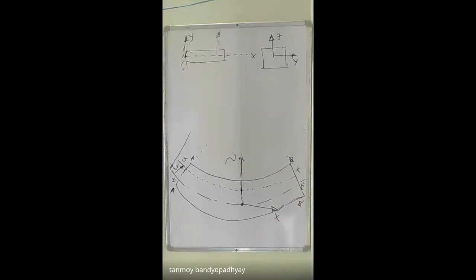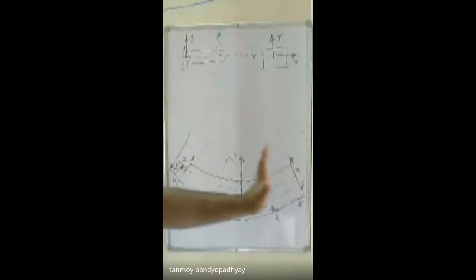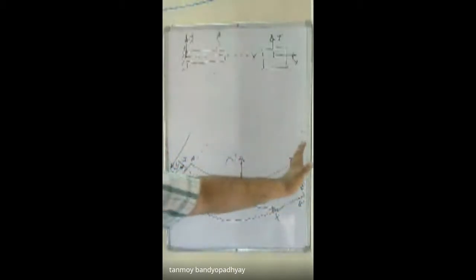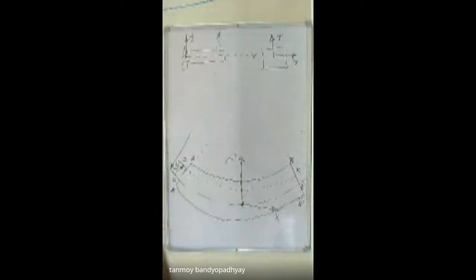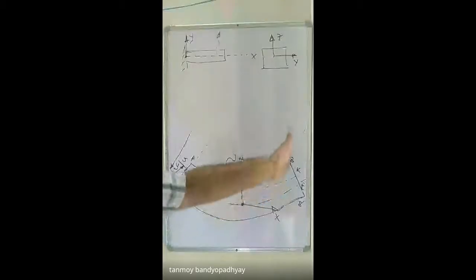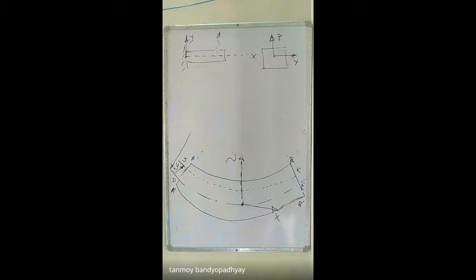So this beam I am seeing from the front side. I am getting the length of the beam, and if I see it from this side or this side, I will be getting the side view. I will be getting the cross section of the beam where I can get y and z. Whenever I am doing bending analysis, I have to look at the front side, and whenever I am trying to find out the strength of the beam, I have to go for the side. What is the cross sectional area of the beam? Because I can understand that the more cross section it is having, the more its ability to resist bending.